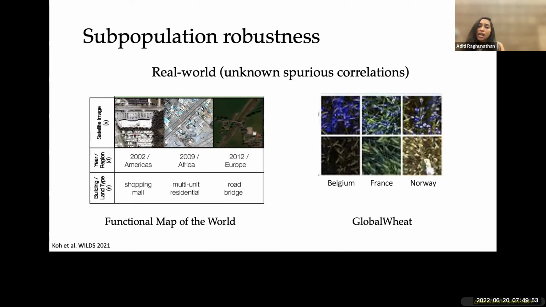Another example is identifying the type of crop. And that also shows a similar observation where, depending on the weightage in your training set, you pick up different things from different regions, but we don't really know what exactly those correlations are. And so this is a good setting for testing models. In the setting where we don't know what the groups are, we still want to do well.